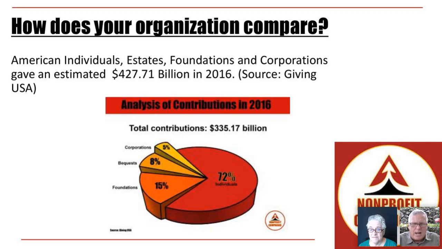If you were over reliant on corporate giving, well, corporate giving went down. Why? Corporations weren't making the money. I think small businesses gave, and a lot of those small businesses, I think, are counted in that individual piece of the red pie there. However, big corporation giving went down during the pandemic. If you were over reliant on corporate funding and corporate gifts, you got hit hard. If you were focusing on individuals and bequests, you thrived.